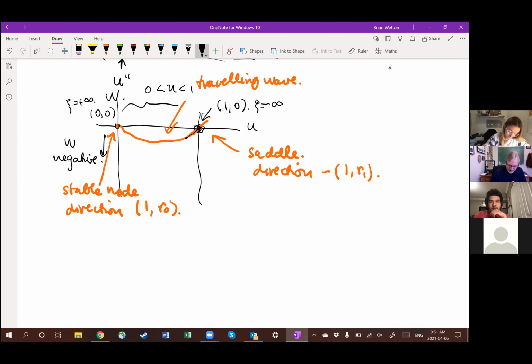And as C went to positive infinity, I would go to that point. I would be between 0 and 1, and the derivative of U would be negative. So if there was a solution like that, then